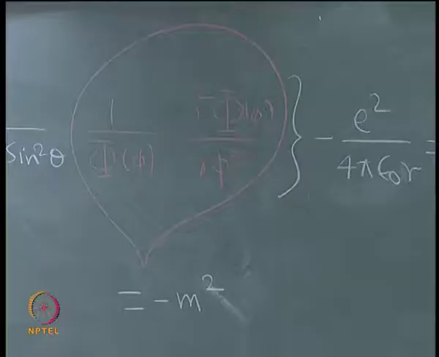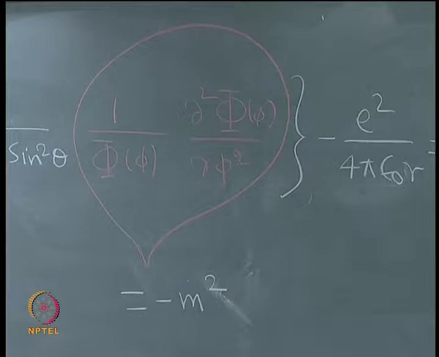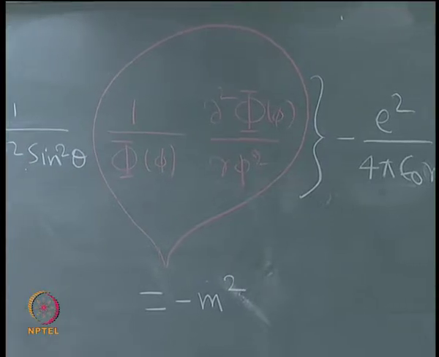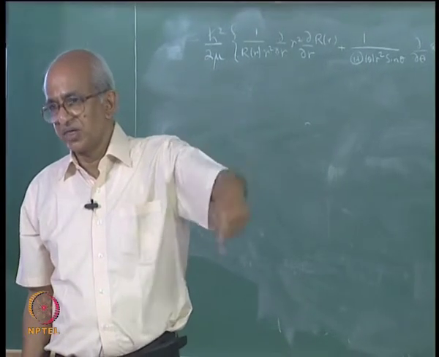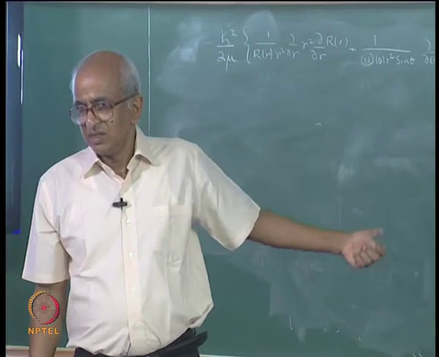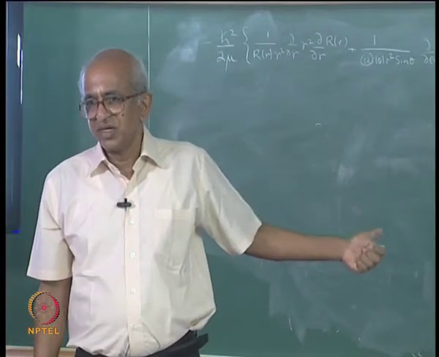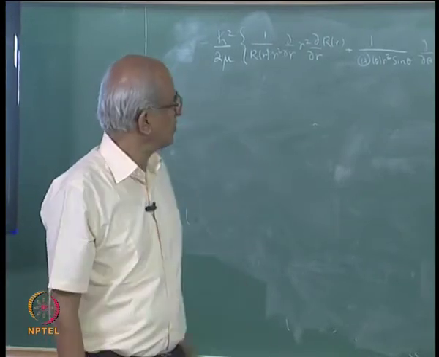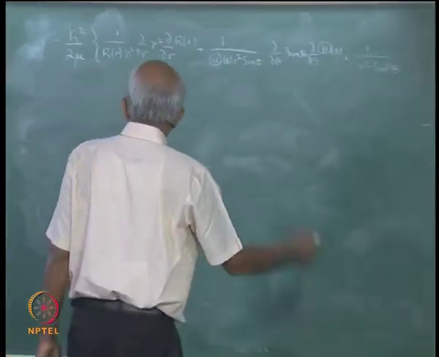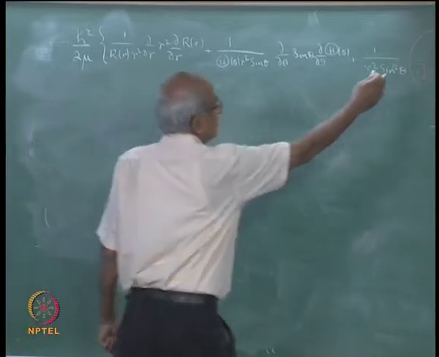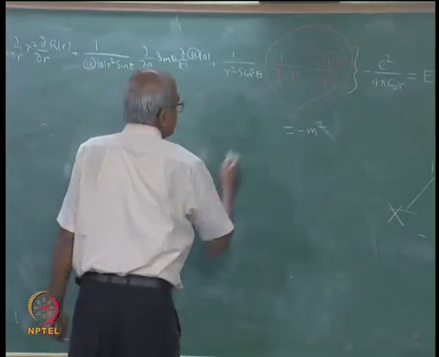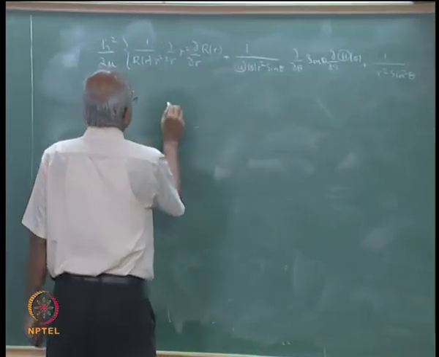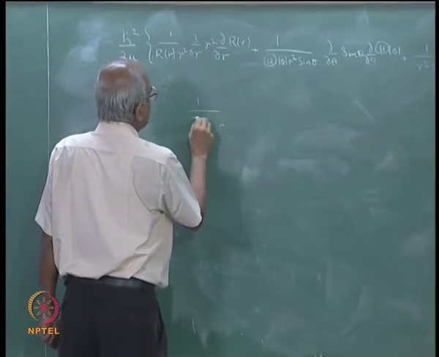You should not confuse this with the mass of the electron. It is not the mass of the electron. Eventually it will turn out to be the magnetic quantum number, and as you know, magnetic quantum number is usually denoted by the symbol m. So I am not going to change the notation. So what is the conclusion? Conclusion is this object has to be equal to minus m square, which actually tells me that 1 by capital phi of phi,